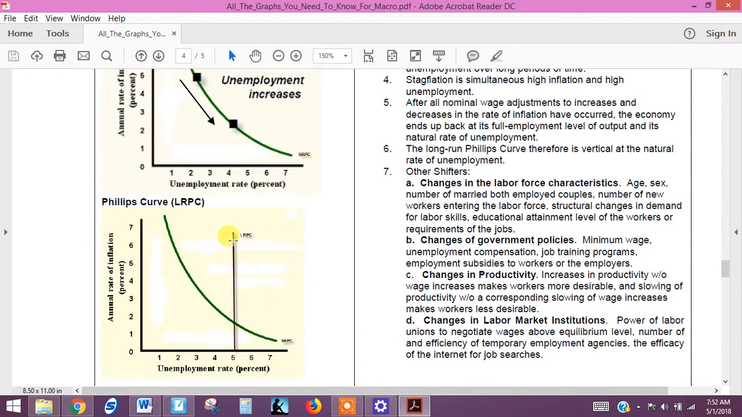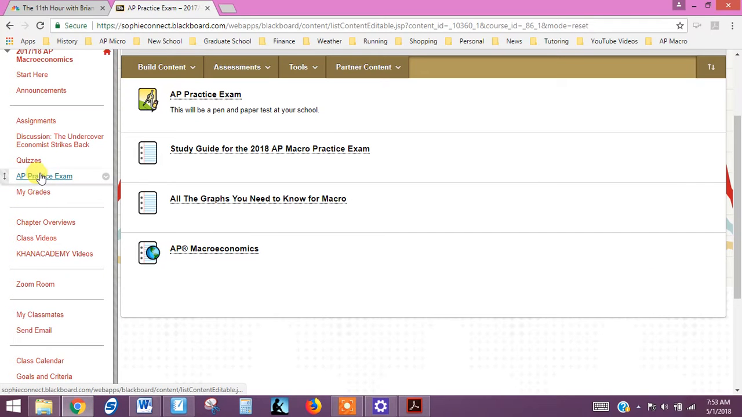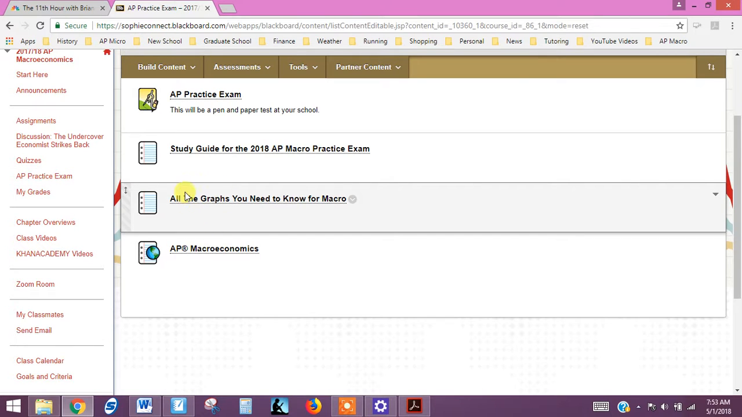And this is the graph handout that you can get if you go to your link in the course AP practice exam and just click right here on all the graphs you need to know for macro. Okay, so